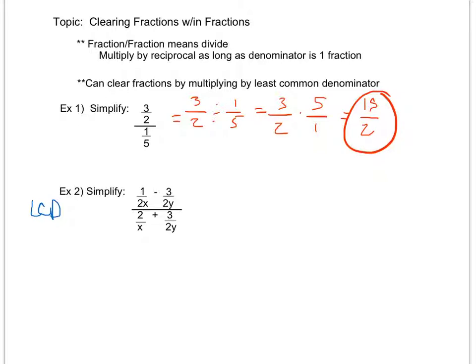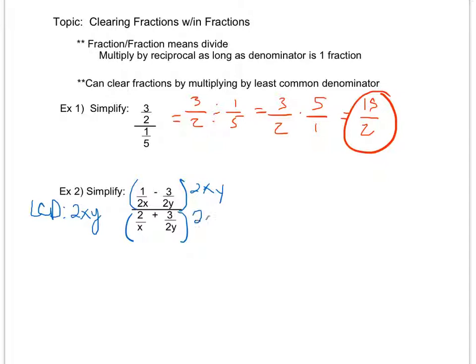So if I look at all my little fractions here and try to find a least common denominator for each of them, very similar to what we did in one of our previous objectives, I'm going to look at each denominator and make sure I have every denominator's components. So for my first denominator, I take a 2x. For my second denominator, I've already taken the 2, so I take a y. And then looking at the bottom, I already have the x in my least common denominator, and I already have the 2y. So I'm going to multiply this whole top by 2xy,